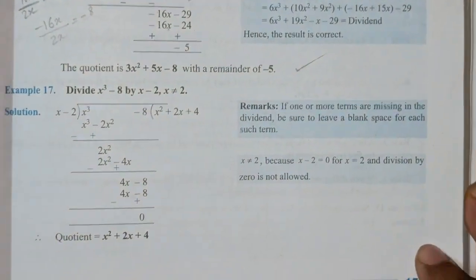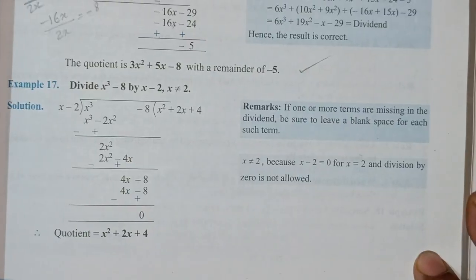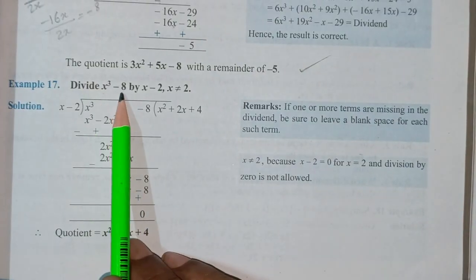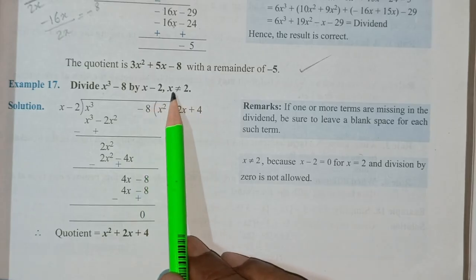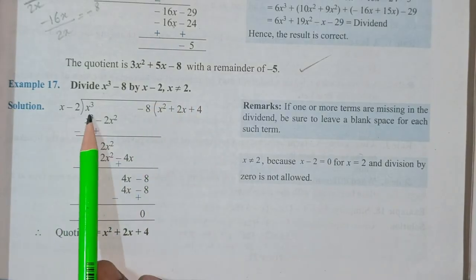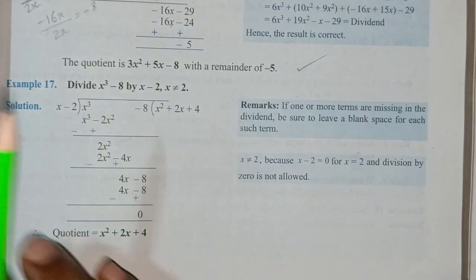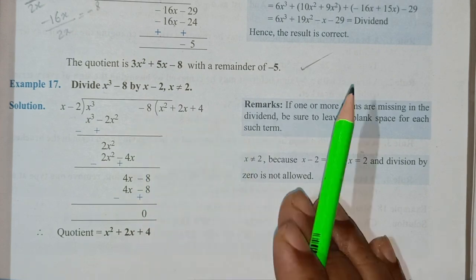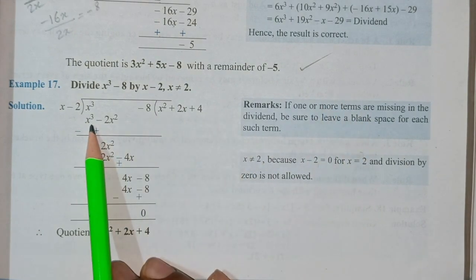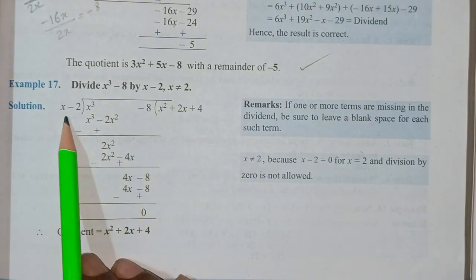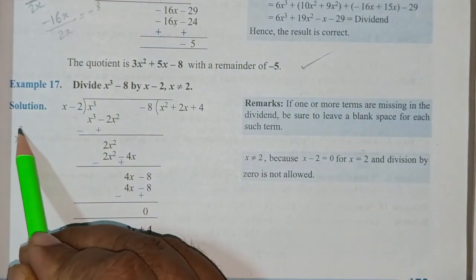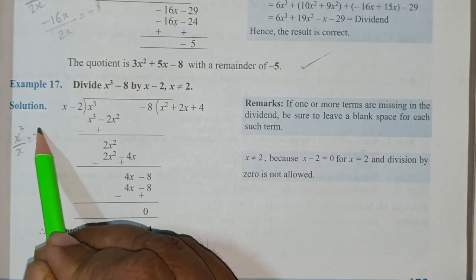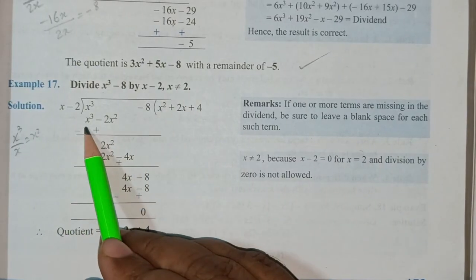And this is the last question for you. Again, divide x cube minus 8 by this term, where x is not equal to 2. So for this you have to do, see, this is somewhat tricky. You put the constant on the far right and then try to do this. So first, what is x cube by x? This is just x square. So you multiply by x square, you put this.